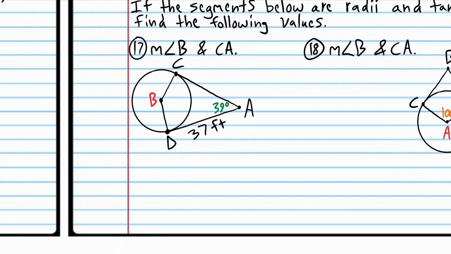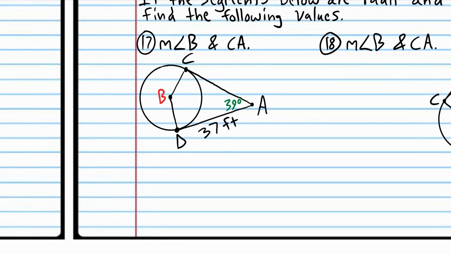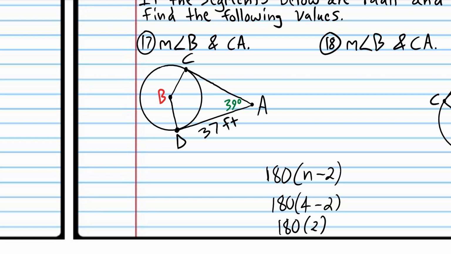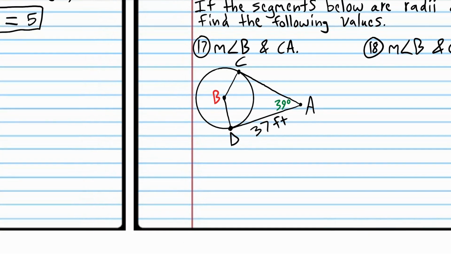Now, you may recall the polygon interior angles theorem. I think that's what I called it. That says that if you want to find the sum of all the interior angles in a polygon, then you take 180 and multiply it by the number of sides of the polygon minus 2. So in this case, we have 4 sides, a quadrilateral, and 180 times 2 would just be 360. So you may have remembered that. The interior angles of a quadrilateral always add up to 360. So we're going to use that